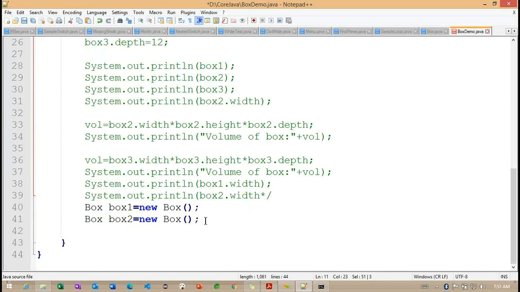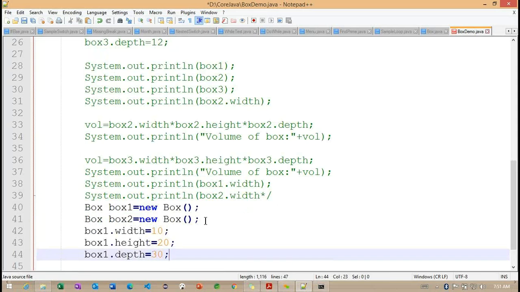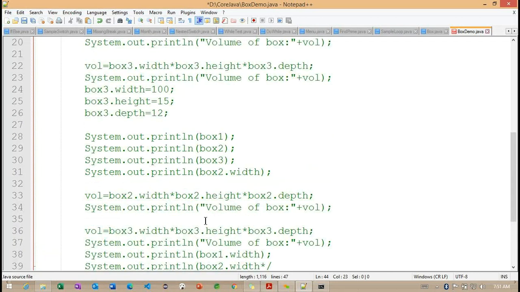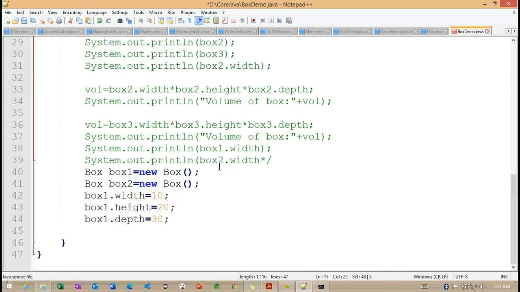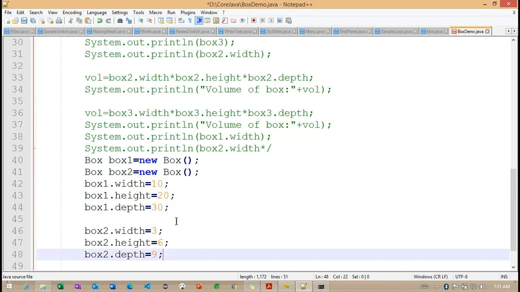In the same way, I'm going to initialize with the help of box2. Now all three variables are initialized.